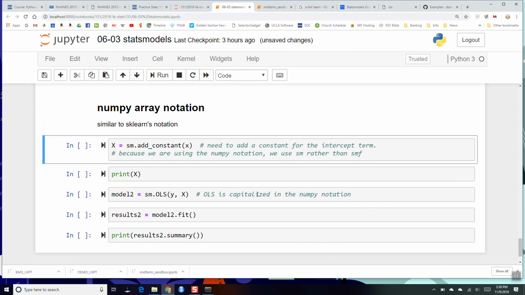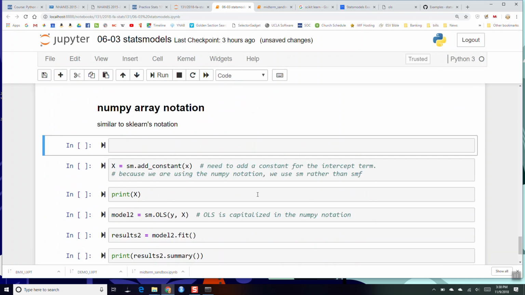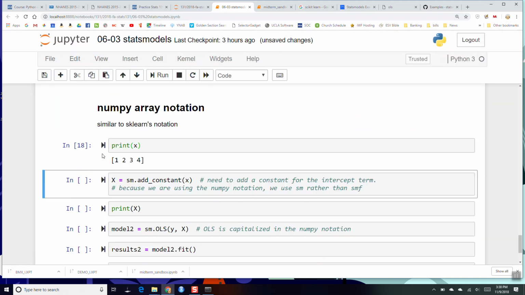When you use Scikit-Learn, you often have to fit things as you have your predictor array and then your results array as well. In this case, if I just print x, x is just a NumPy array here, and so I'm going to create capital X, which is going to be a matrix. statsmodels.add_constant will add a column of ones, okay? Because